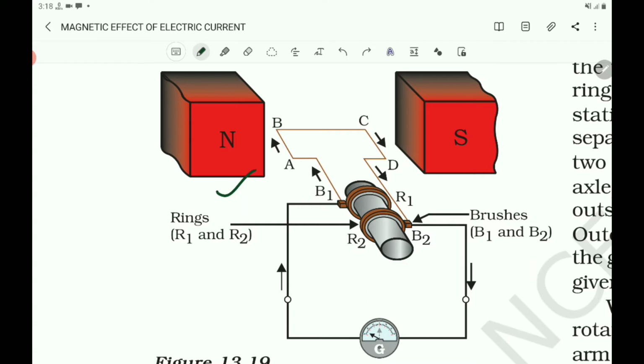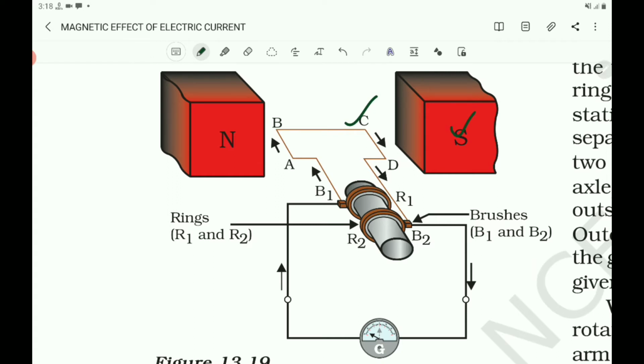and it is in between the magnetic field of the field magnet. It can be rotated about an axis perpendicular to the magnetic field of the field magnet. Here are the north and south poles of the field magnet, and here is a strong magnetic field, and the coil rotates about an axis perpendicular to the magnetic field of the field magnet.